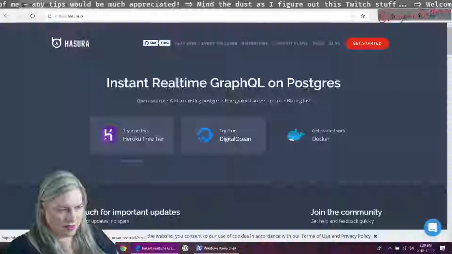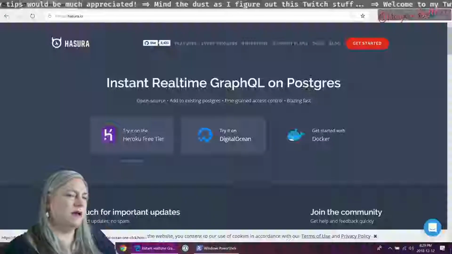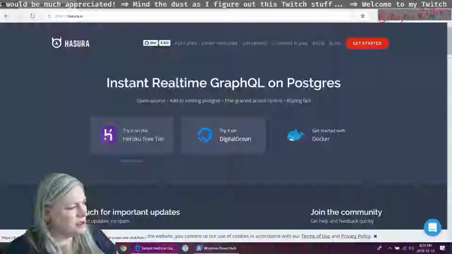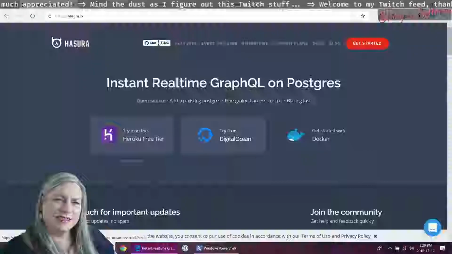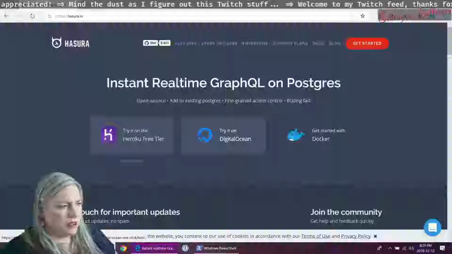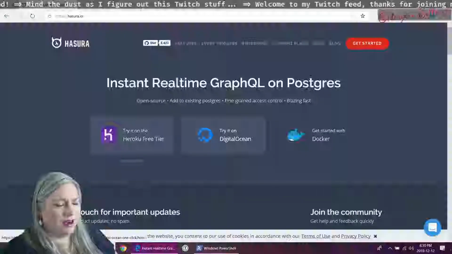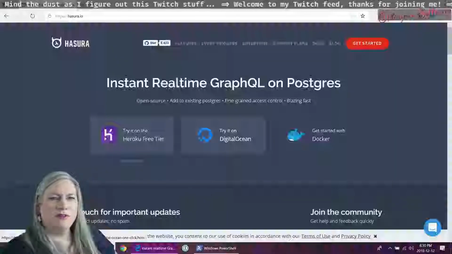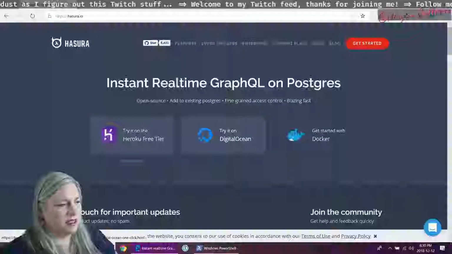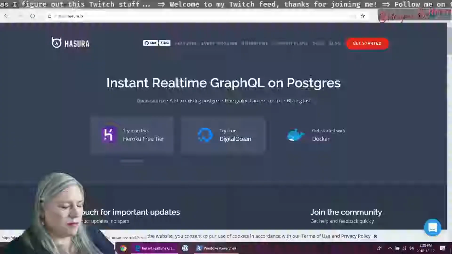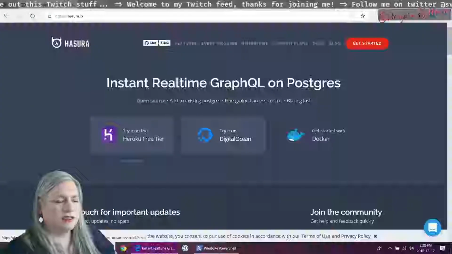So many projects I've started in my past have been largely CRUD applications, like create, read, update, delete, that are just a front end to a back end database. It always feels weird building out those API layers because it feels so repetitive once you've done it so many times. And I've been watching GraphQL and experimenting with it on a couple of personal projects, but mostly